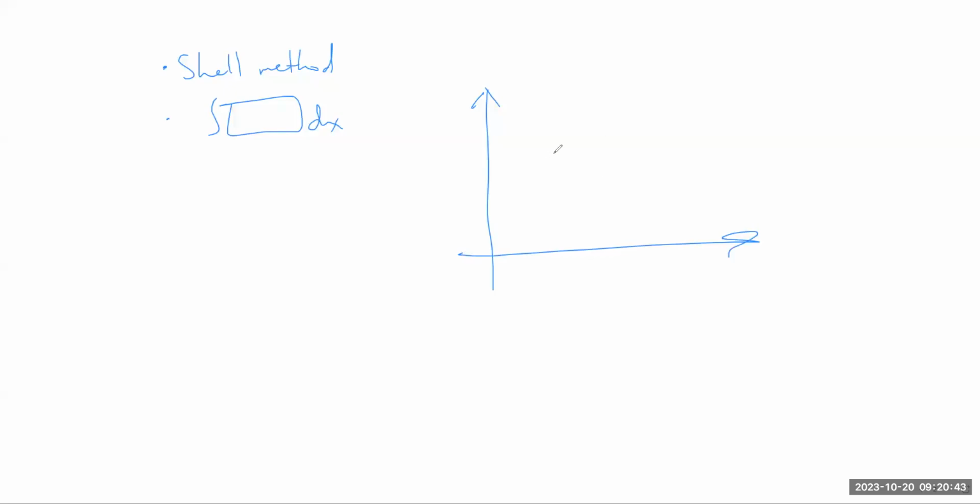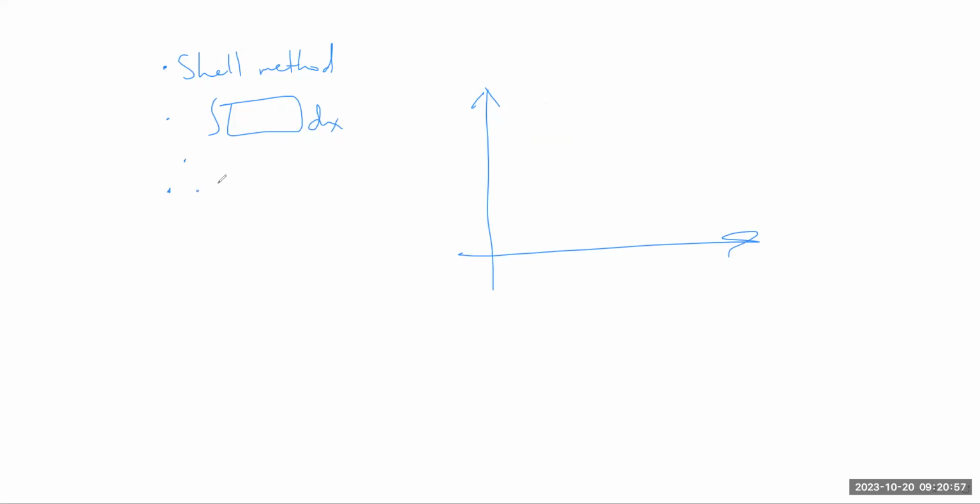So here's the question. I want to use the shell method, and I want to integrate on dx. That is possible, but if I'm doing both of those things, what else do I know for sure? You're rotating around, well, not necessarily the y-axis, but what? Not y equals, because y equals some value is horizontal, right? So, yes, these two things imply that we are,